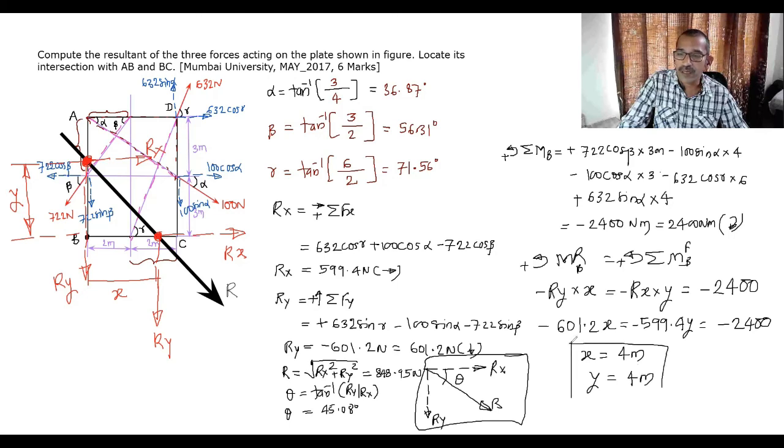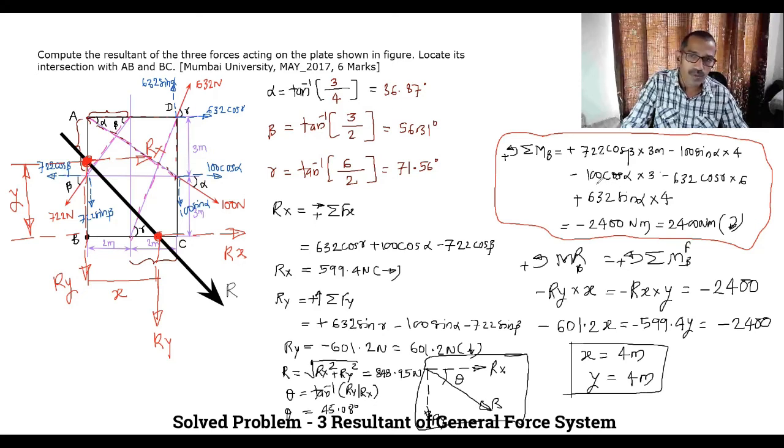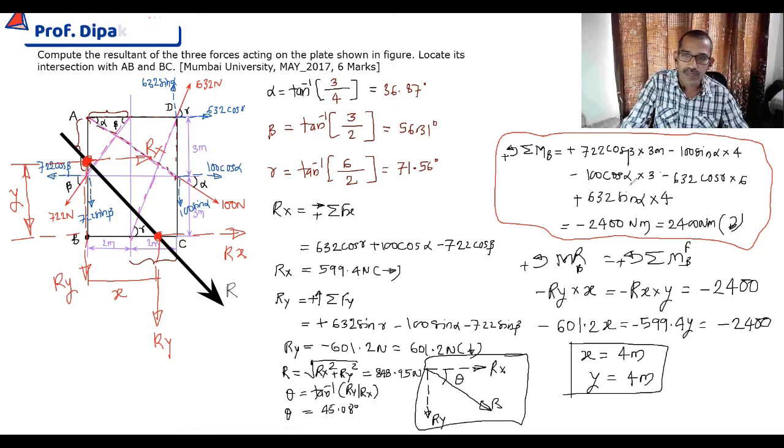Now, if you have any doubt in this moment part, this is very important. See here, the moment of each component about point B is clockwise or anti-clockwise, which depends on the perpendicular distance. There is one separate video on how to take the moment of a force about a point. In that one, I explain some 5-6 cases so that you understand clearly. If you are not getting it, just watch that video so that you do not face any difficulty. If you are getting everything, then there is no problem.